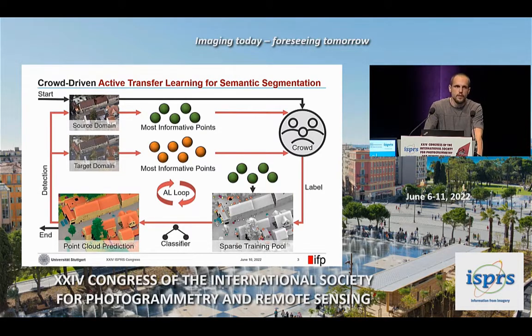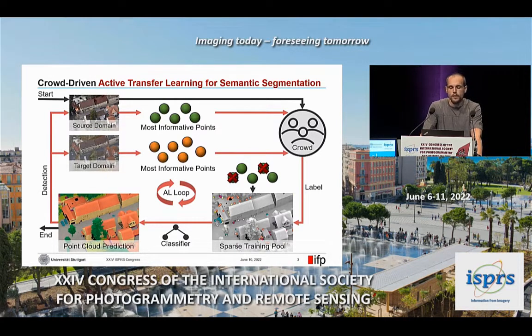But we could also argue that some source domain samples are no longer representative for the target domain. So for instance, consider vegetation points which might be colored yellow in fall but green in spring. If such misleading information is not eliminated, this might lead to a delay in the convergence of our active learning loop and thus to increased costs compared to an active learning loop which was started from scratch on the target domain. And the elimination of such source domain samples can be achieved by measuring the disagreement between two classifiers, where